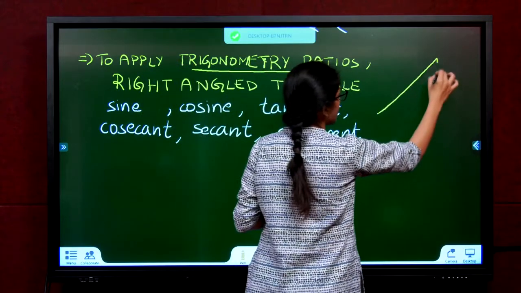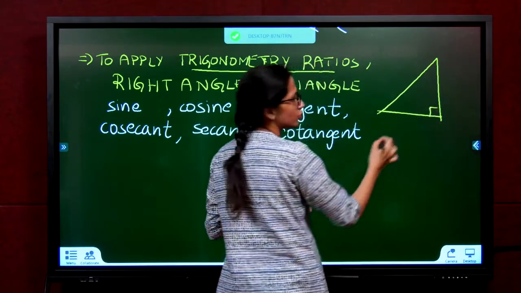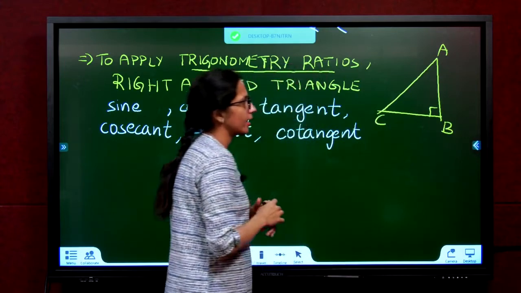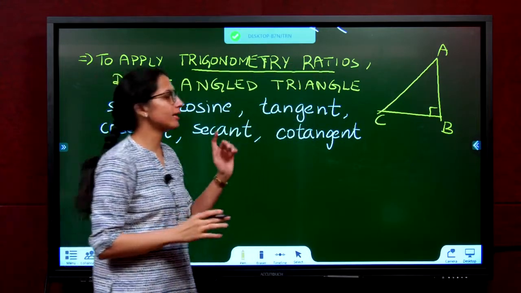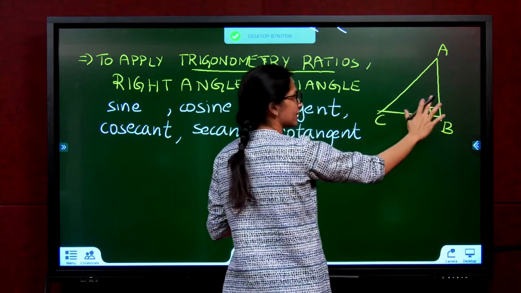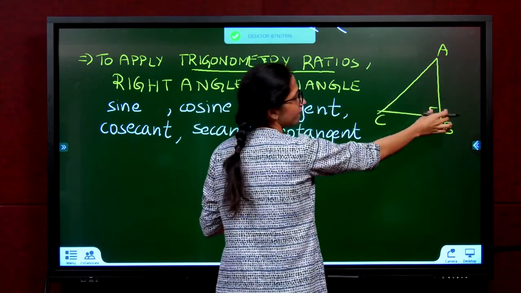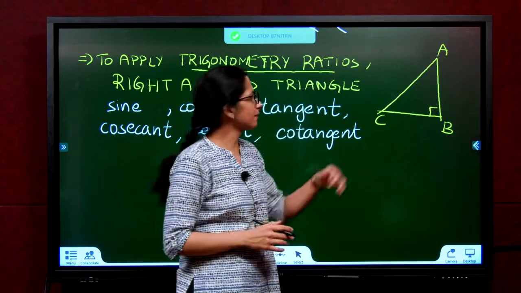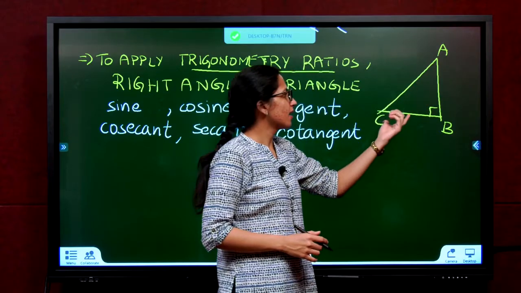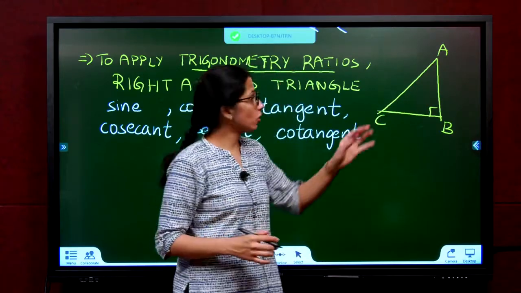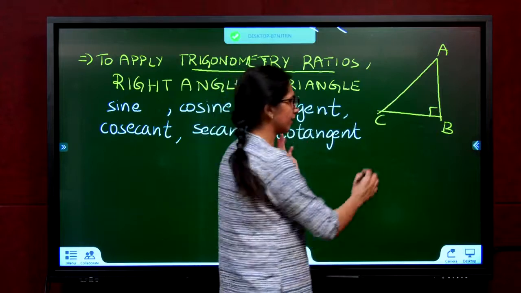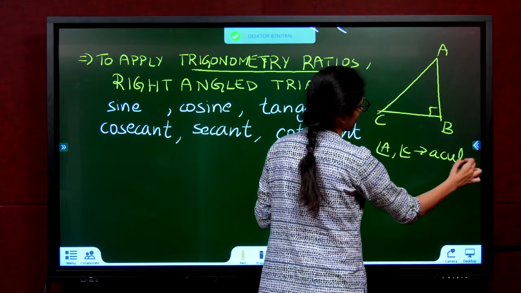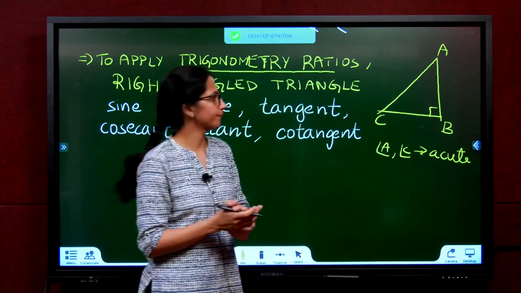So let's see how. First consider a right angle triangle. Let the triangle be ABC. You are relating angle to its sides. Take any one angle. Don't take the 90, that's fixed every time. Take A or C. See, if this is 90, can I say angle A plus angle C is equal to 90? That means if this is 80, this is 10. If this is 20, this is 70. So angle A and C are acute angles, that means they lie between 0 and 90.